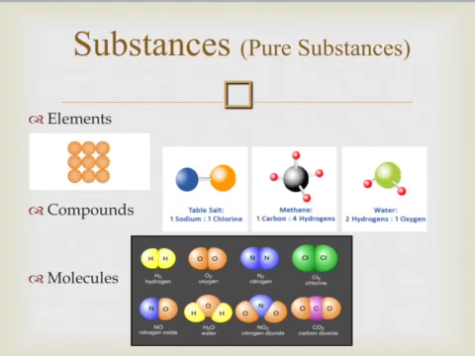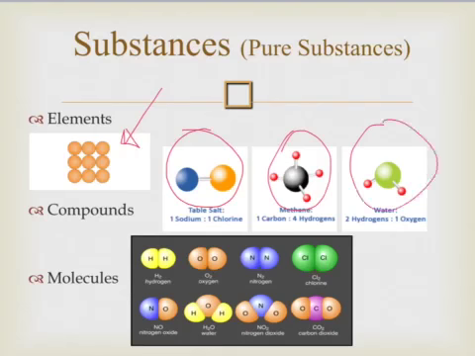So now that we're done talking about the two different types of matter, let's look at some pictures. Here are the first type of matter that we talked about, pure substances. Elements, compounds, and molecules, if you remember, are pure substances. So the first picture shows a picture of elements, and if you look, they kind of look like just copper atoms all lined up by each other. They're just single atoms of the same substance. And then if you notice, here are some examples of compounds. Notice at least some of the stuff bonded are different. Got some different colors showing for different bonding, right? Two or more atoms bond together, and the atoms that are bonding together are different. And then we have molecules down here.